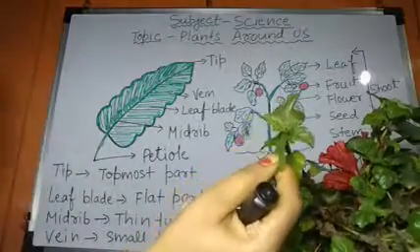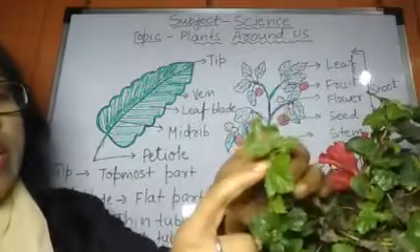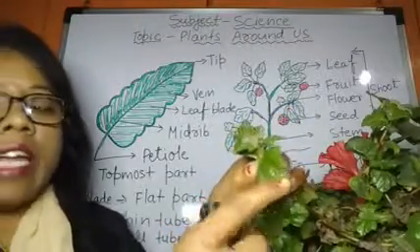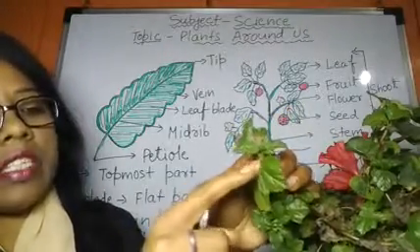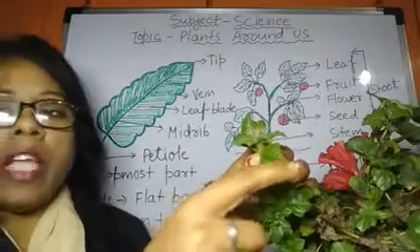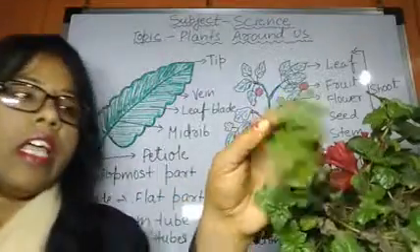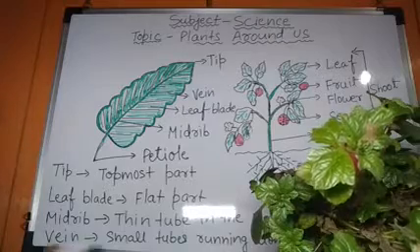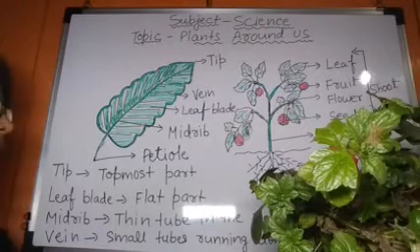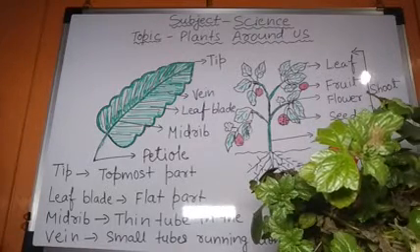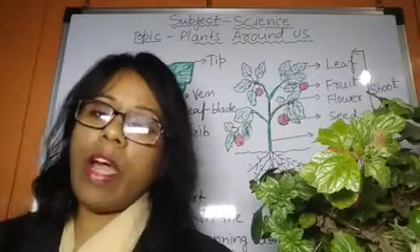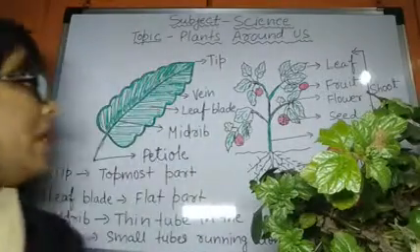And the next part is the vein. You can see this main straight line, and from this straight line there are many branches of lines. These branches are small tubes running along the blade that are known as veins. Fine. So how many parts does a leaf have?